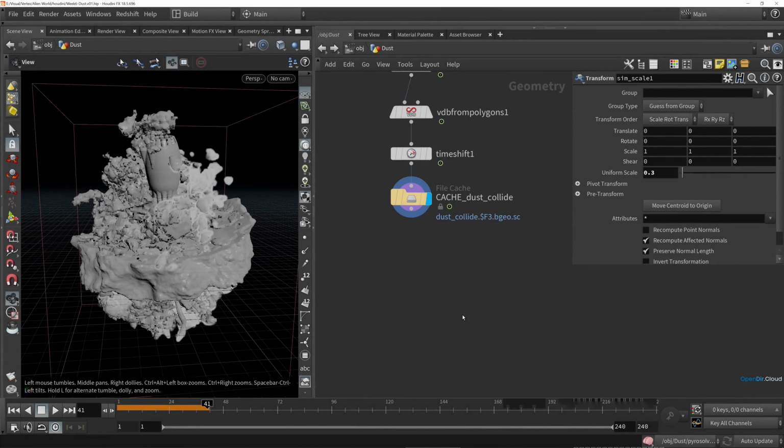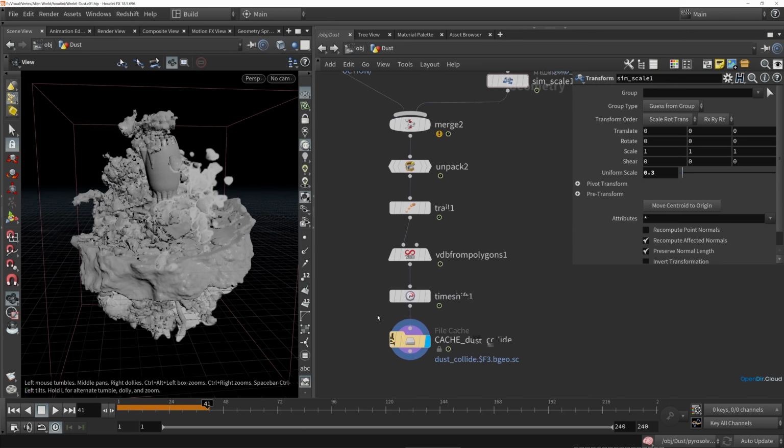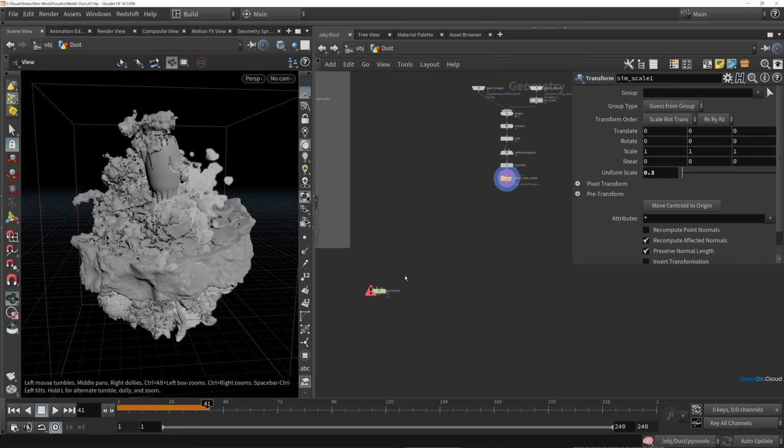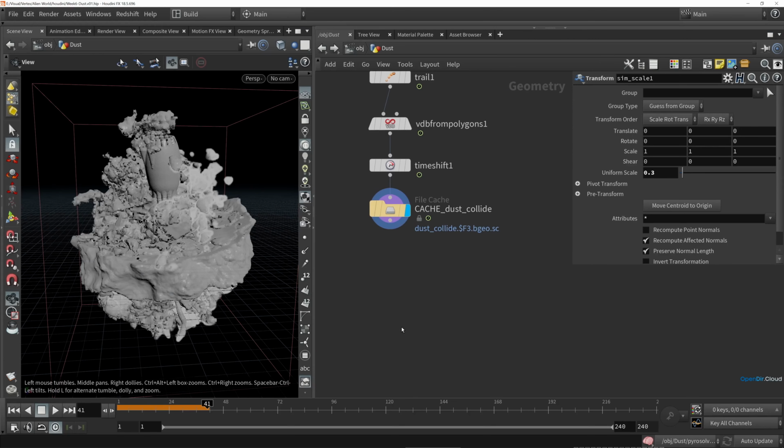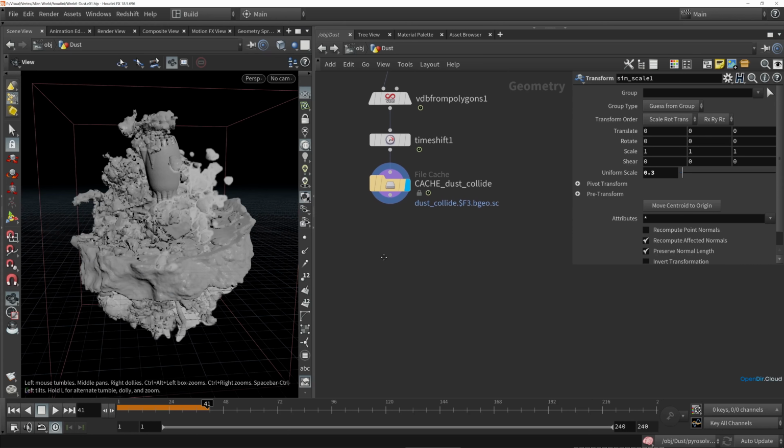Now we've cached out this volume collider for the entire frame range, and this took a little bit over 40 minutes on my machine, and this really highlights how beneficial it can be to run these intermediate caches. If we just ran this volume collision setup into our Pyro solver without caching it out, then that 40 minutes to generate these collision shapes would be added to every iteration of our dust simulation,